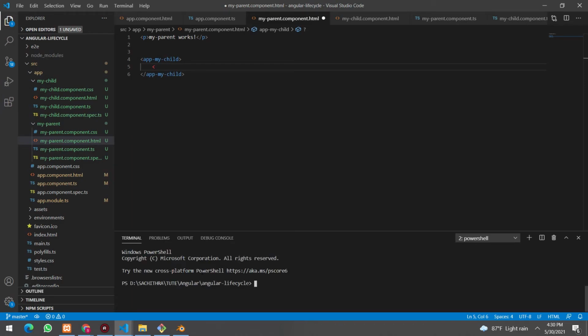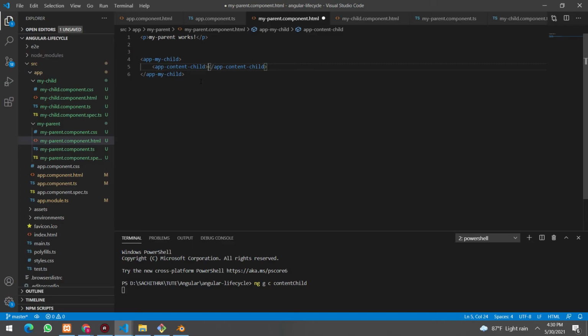This is the same as a normal component. ng generate component, I will name it content child, and my child will create. So I will add app-content-child here,